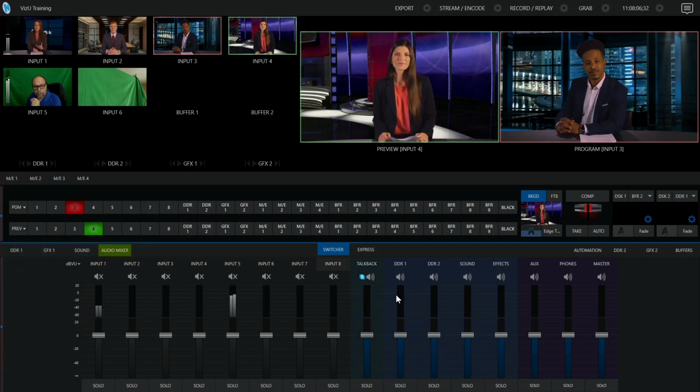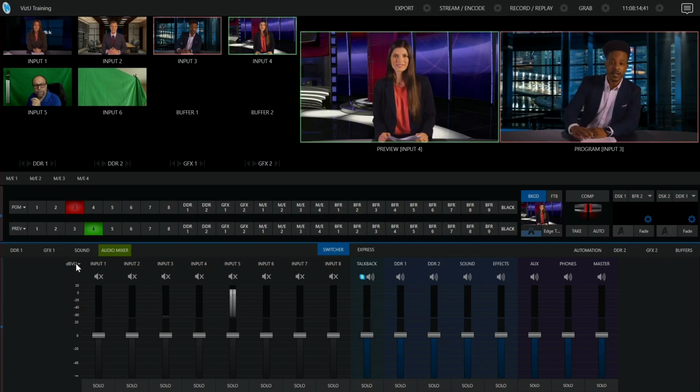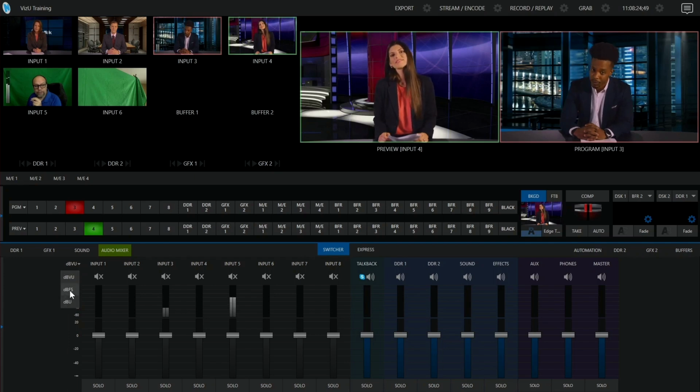Finally, also on the audio mixer, you can see VU meters, and on the left side is the scale for the meters, and above that you can choose which scale you want to use. The default is dBVU, which means that 0 is your unity level. But if you click on this, you can choose different scales. There's dBFS, which is a digital scale, 0 at the top, and there's also dBU, which puts your normal level